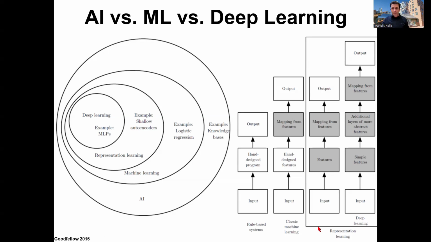Further, within machine learning, there's representation learning. That's basically when I don't design the features by hand to start with. I don't say, oh, expression of this gene in brain is a good feature for Alzheimer's. Instead, I say, go figure out the features. It could do some kind of principal component analysis, or all kinds of other things to infer what are good features to use in inferring the output.